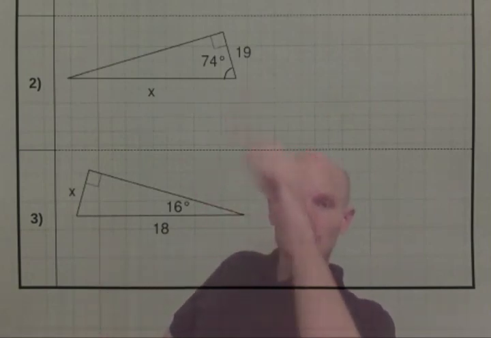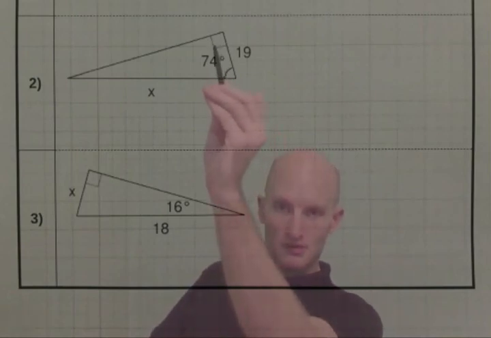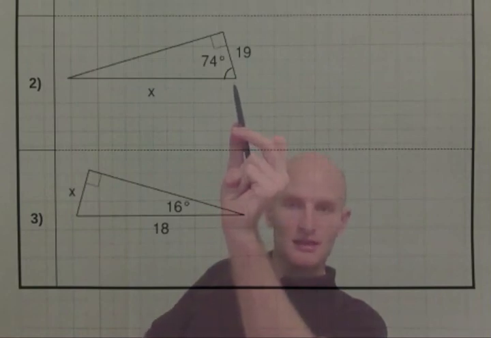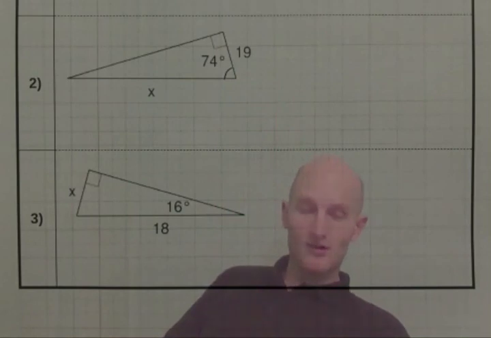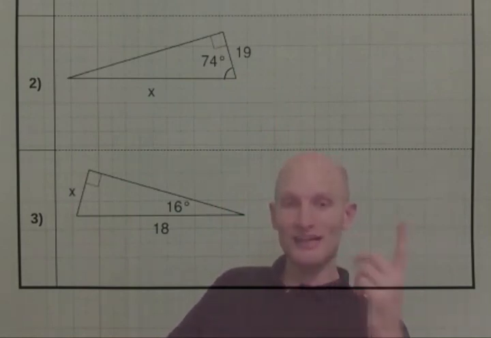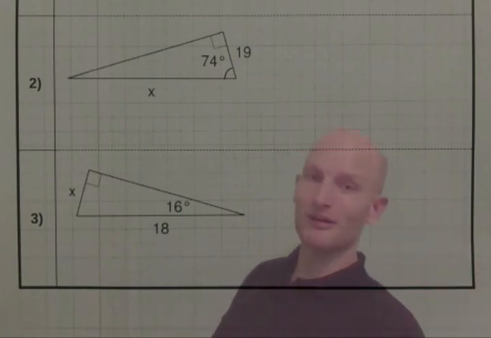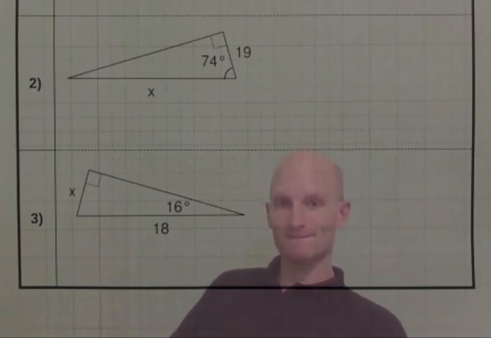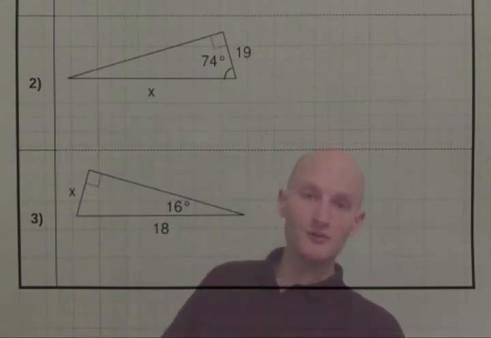Okay, so let's start with the 19. We have the angle here. Here's the right angle. So I know that, well, this 19 right here, this side right here, is touching the angle, okay? It is touching the angle, which means it is, is it opposite, adjacent, or hypotenuse? Adjacent, right, because it's touching, and it's not the hypotenuse, okay? So 19 is adjacent, so we have A,